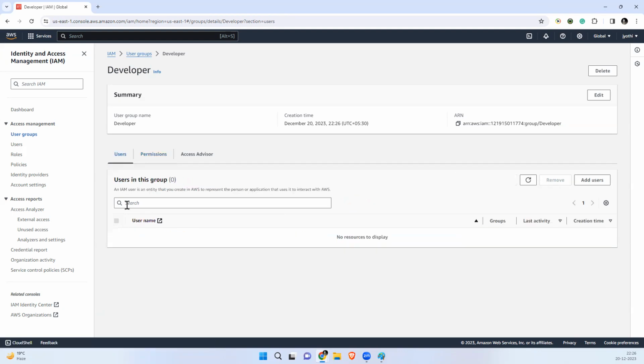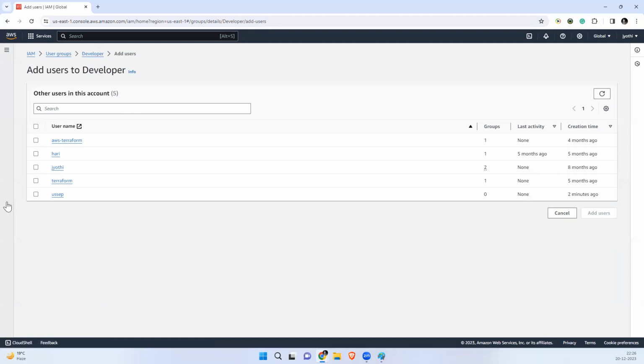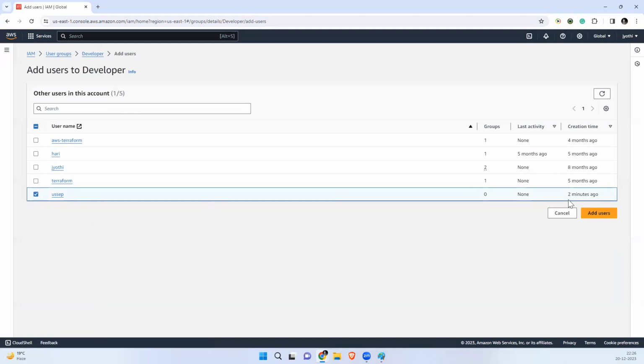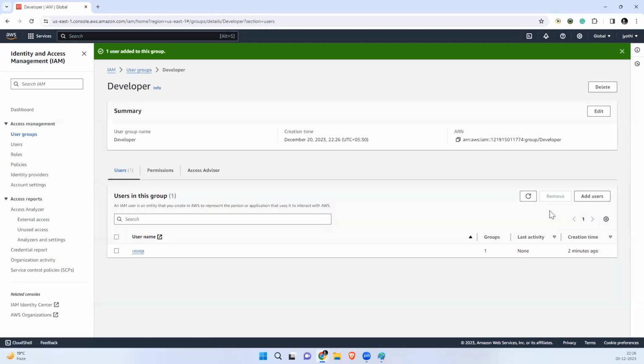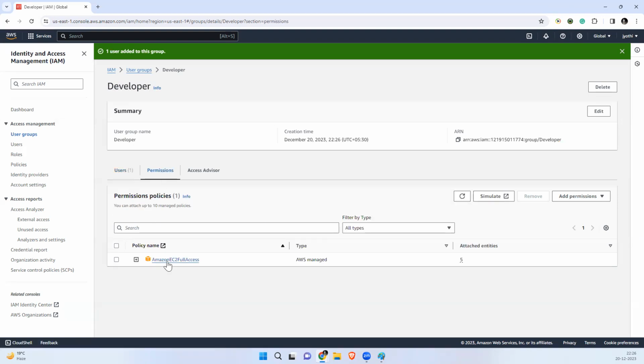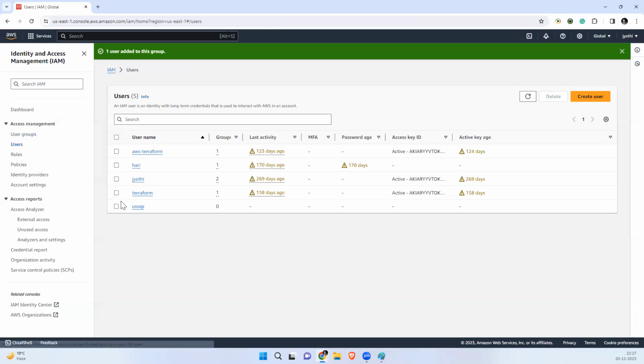Is there any user attached to this group? No. So I'm adding the user called US SCP user. Now this group has the user US SCP user, and the permission is Amazon EC2 full access.